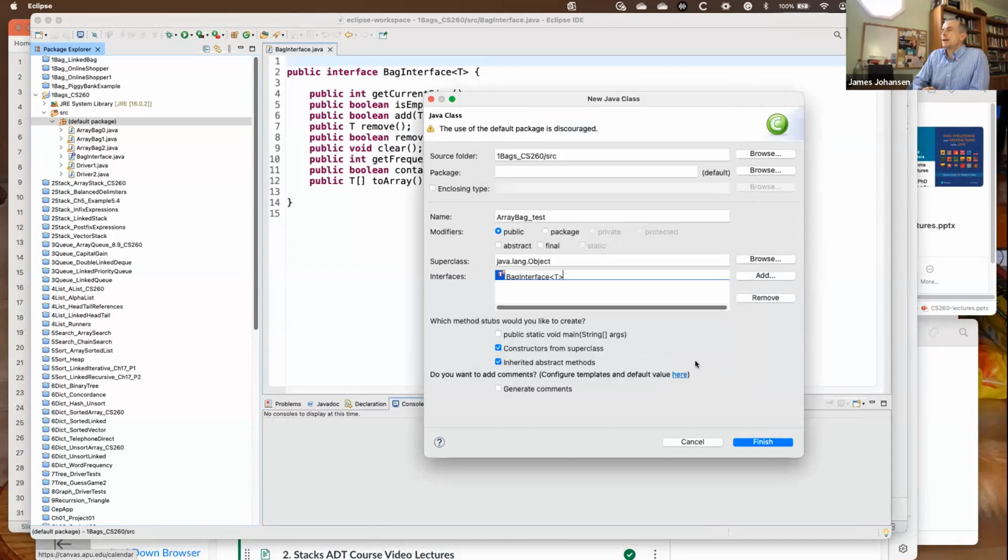So we'll use that. By putting in this interface, it's going to actually create some code stubs that are going to be quite helpful for us as we get going. Another thing is we don't want to put the public static void main. We don't want to have the main, because this is just the implementation of the interface.